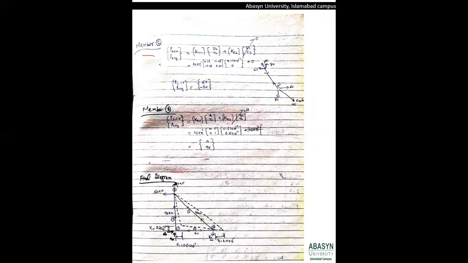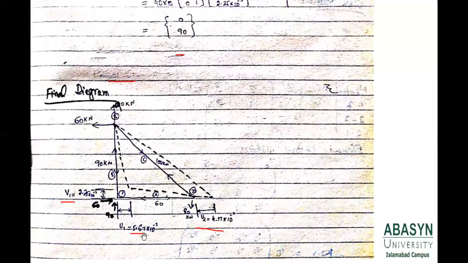Once you know the value of the forces, then we are going to show it in the form of the final diagram. We know the value of the displacement, that is plus 5.67, the value of u1, and the value of u2 as well. Positive means that our truss is going to deflect in the positive direction here. So once you know the value of u1 is 5.67 positive, our truss is going to deflect in the positive x-axis.